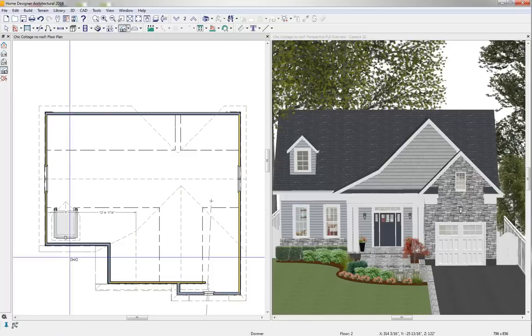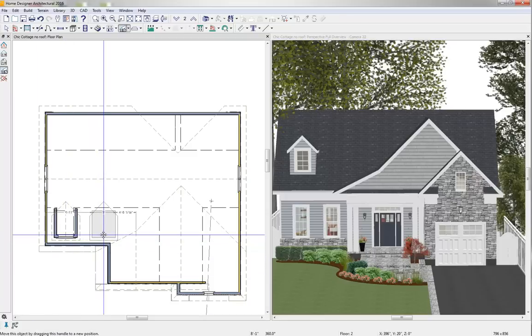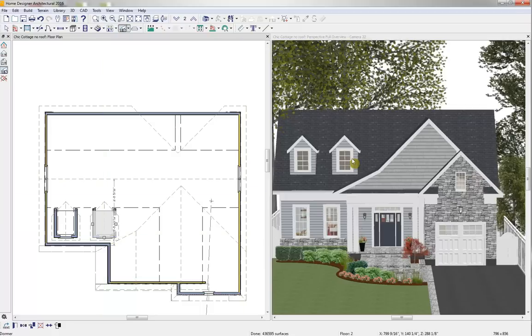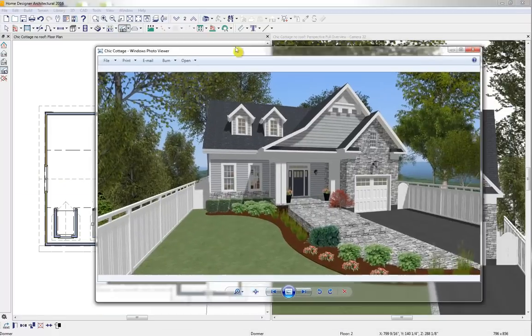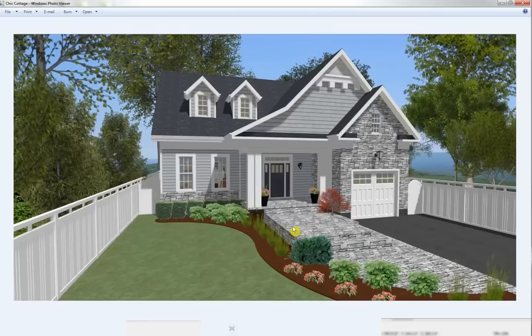And now I'm just going to copy this and we're going to pull it across a little bit so we have a copy of that dormer right next to it. And with that, we pretty well finish off our structure. So now I just want to show you a few things on our website,